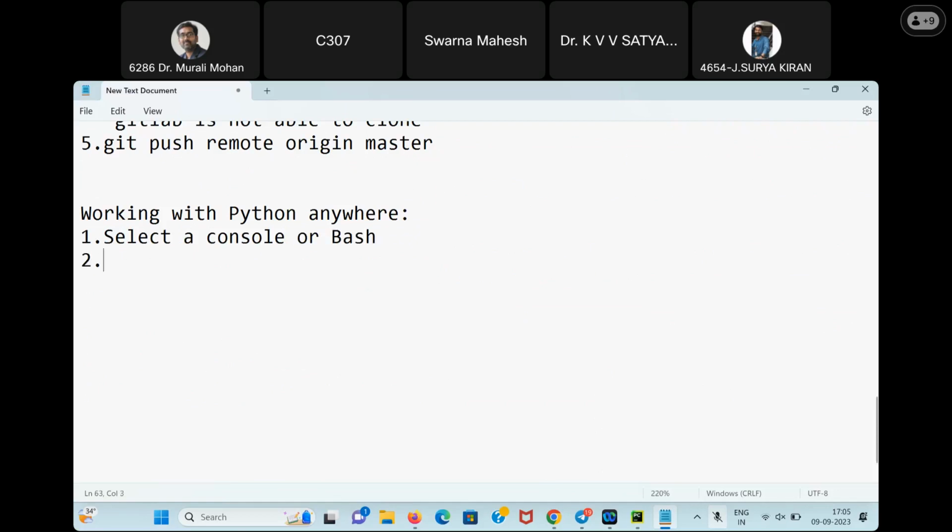Second step, create a virtual environment. What is the command? I will explain on the next line. It is the command to create it inside a bash. So the command is